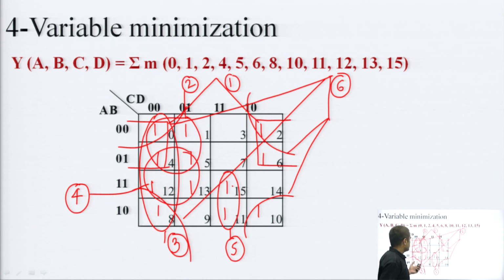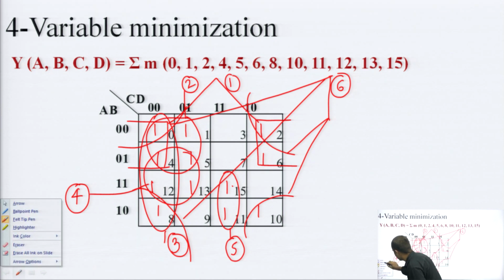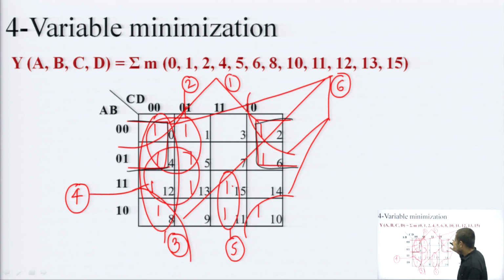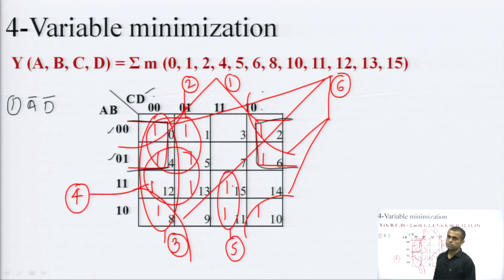So, we can find answers for some of these, like the first one, which is this one. I am changing the color so we get the correct location. So, this is my first group. For this first group, the row elements are common, this 0 is common, that means A bar. From the first and last columns I have the last 0, that means corresponding to D. So, D bar is also there. So, this becomes the answer for the first group.